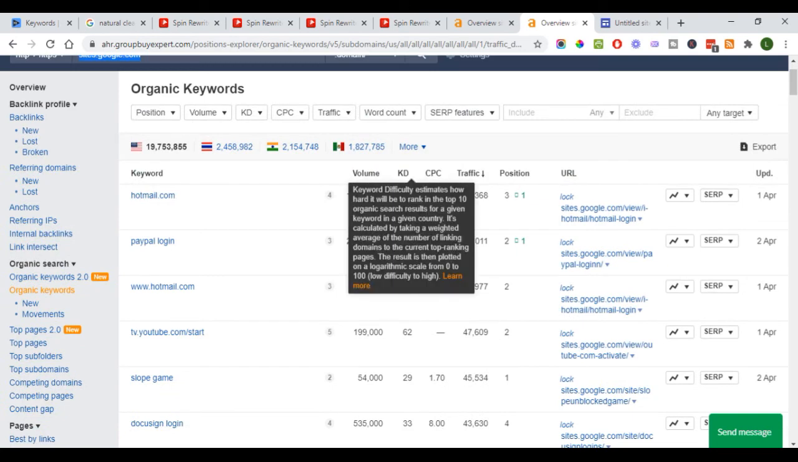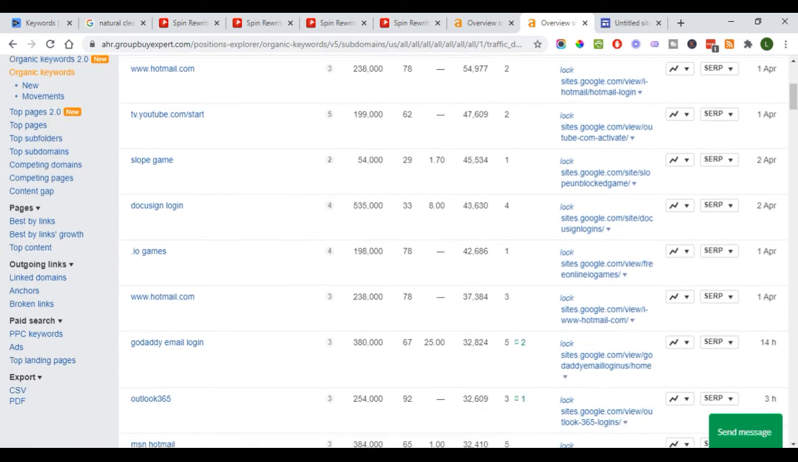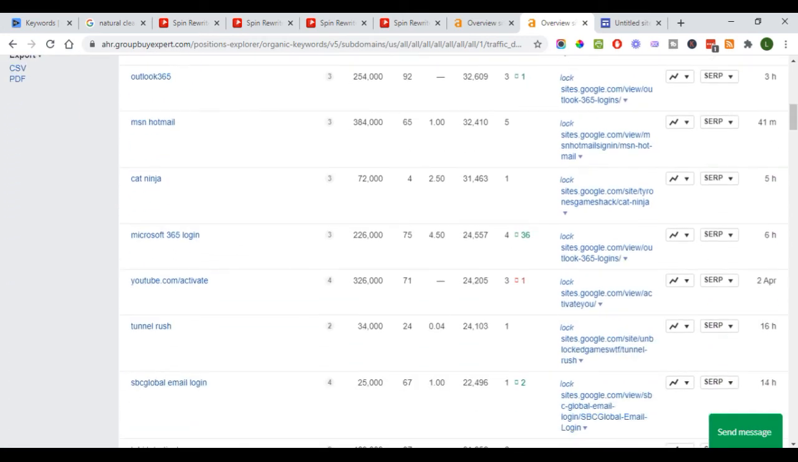And if we look here in this column, which is the keyword difficulty, let's see if we can find one that's pretty low with high search volume. Aha. So Cat Ninja. This website, and I'll just open it up in a new tab here. Cat Ninja has 72,000 searches per month, and its keyword difficulty is only 4. So if you did what these guys are doing,